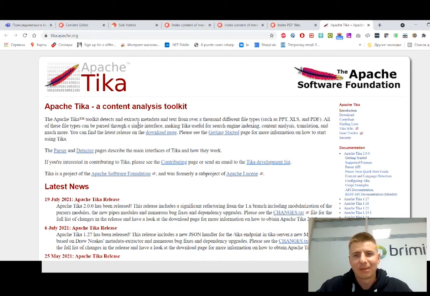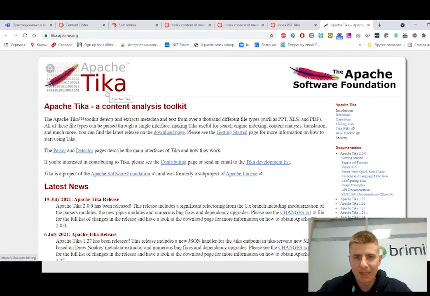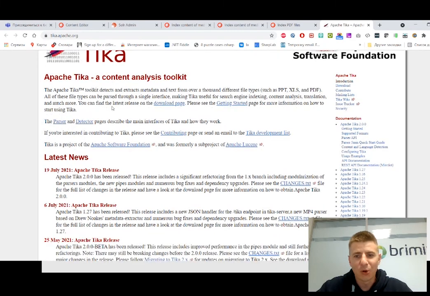But to be able to use Apache Tika with Sitecore, you need to do a lot of installations. First of all, you must have installed Solr. And the second one, you must install Apache Tika server. And the third main problem is that